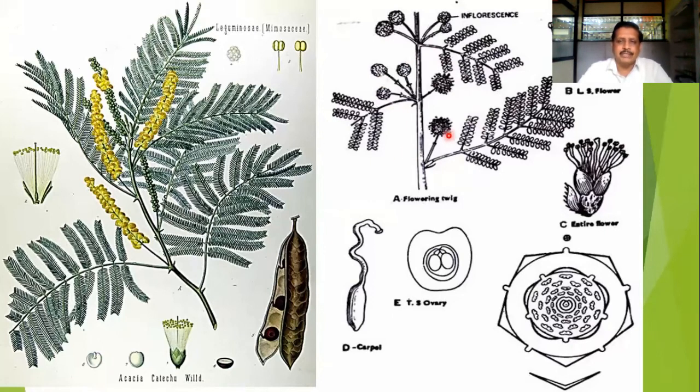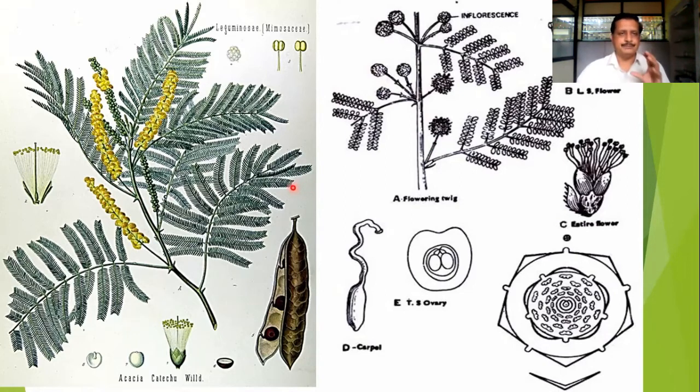आता branching twig मध्ये आपण typically बघतो की these are the leaves and leaves are stipulate. Stipule means a leaf-like structure which is present at the base of the leaf. आता हे एकच लीफ आहे, ठीक आहे. या लीफच्या बेसला एक लीफ लाईक स्ट्रक्चर जर असेल तर त्याला आपण स्टिप्यूल म्हणतो. But here in this family Mimosaceae, these stipules get modified into a thorn-like structure. आणि म्हणून इथे ते आपल्याला त्या स्टिप्यूलच्या ऐवजी काटे आलेले दिसतात.